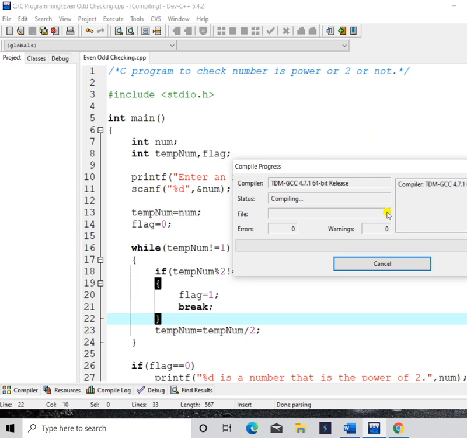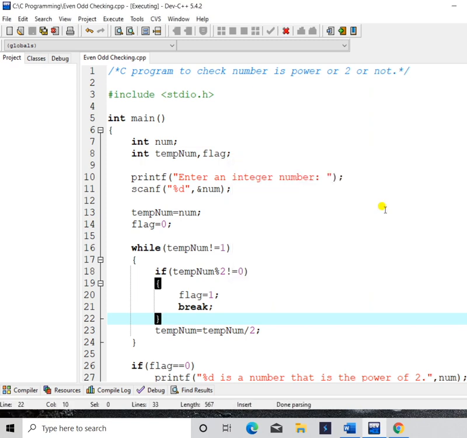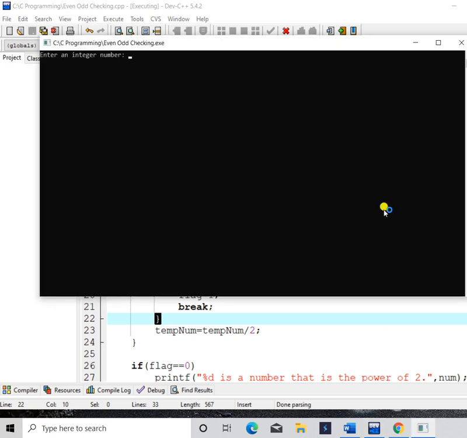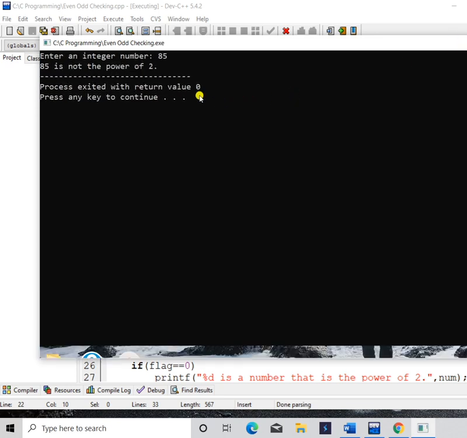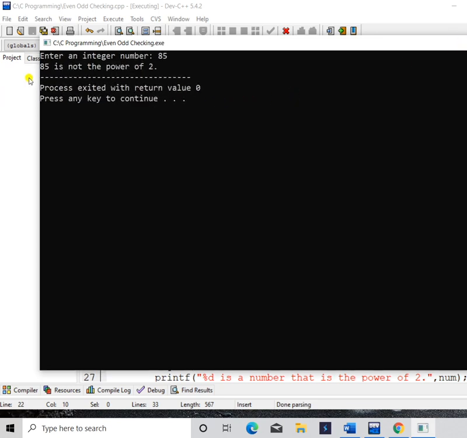Compiling is processing. After this I will jump to another method. Okay, I take a number, suppose 85. Enter. 85 is not the power of 2. You can see here that 85 is not the power of 2.